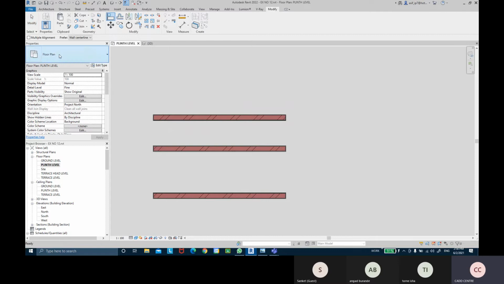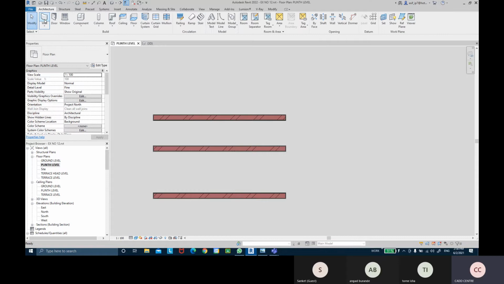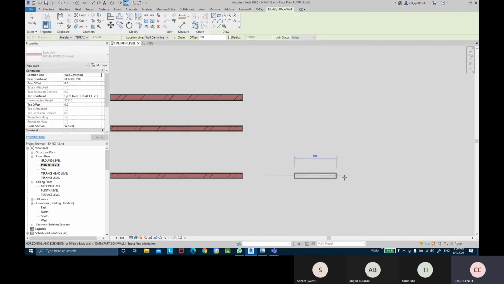Now when I take the align tool, there was an option called multiple align, and it also says prefer wall center line. So I'll first explain multiple alignment. What does multiple alignment do? So let me create a wall,